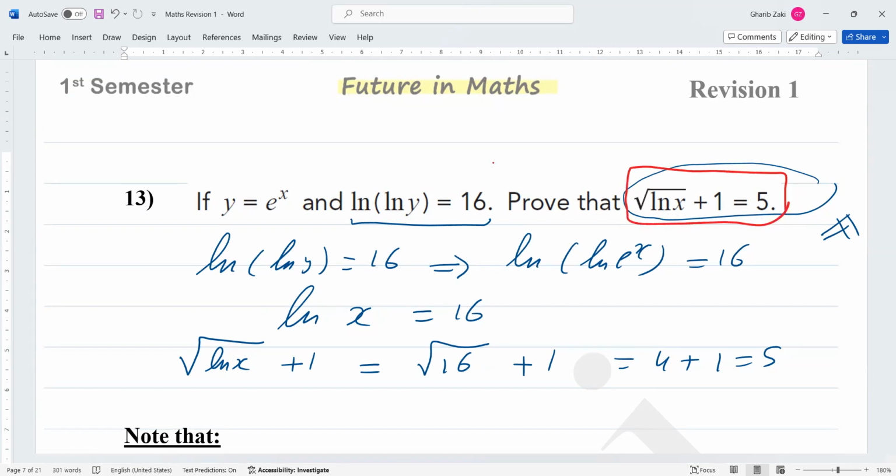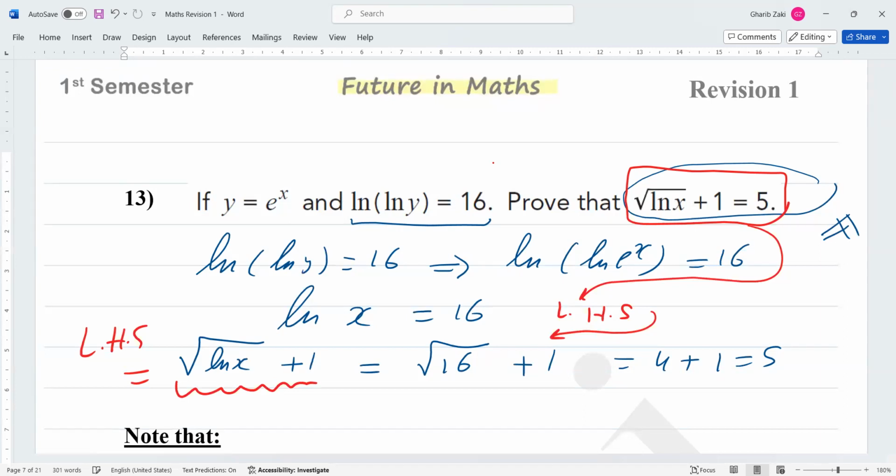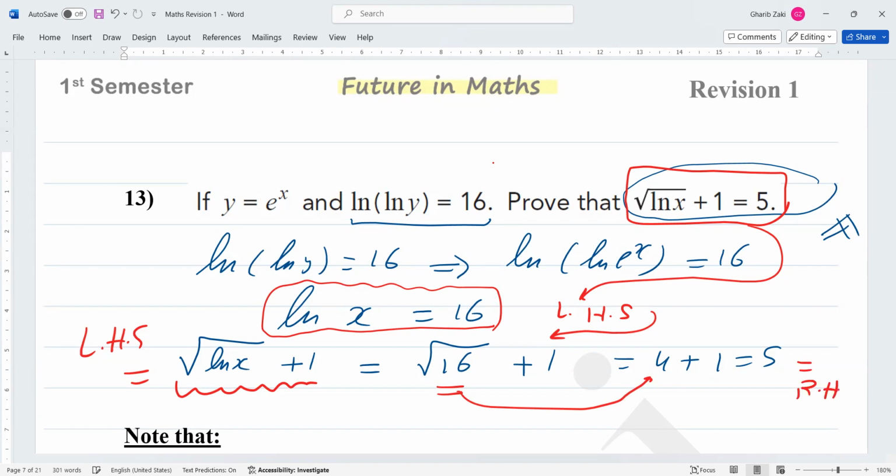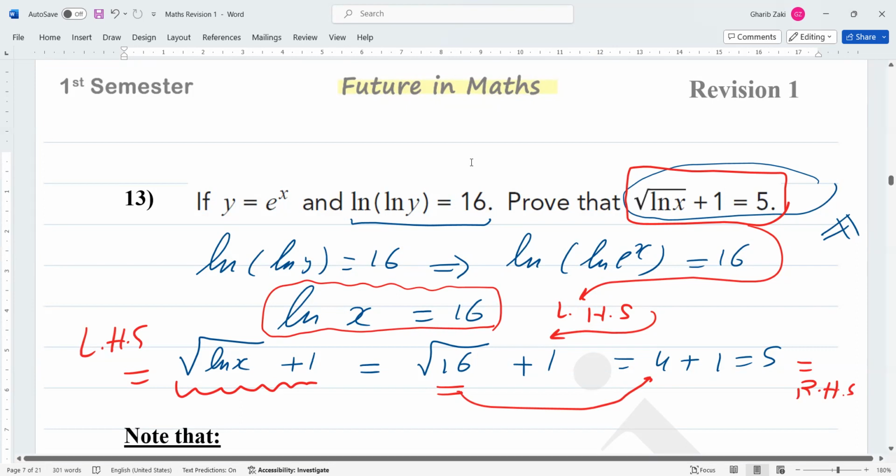So the left hand side, Ammar, is the square root of ln y plus 1. Ln y in simplest form, we found it equals 16. So it is the square root of 16 plus 1. The square root of 16 is 4. 4 plus 1 equals 5. Equals the right hand side. You got it? Yes. Now we go to the